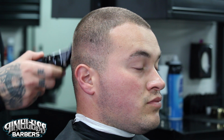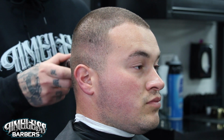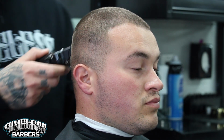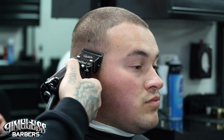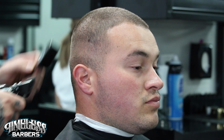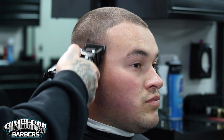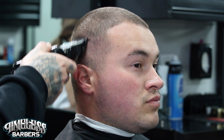This blade right here is a 0A detachable, and notice it's blending pretty easily. I will probably have to come back and do some cleanup work. Well, not probably, for sure I do. But yeah, I have to come back and do some minor work, but that's always expected anytime you're doing a fade. Now we got the 1A on there, continuing to fade upwards,